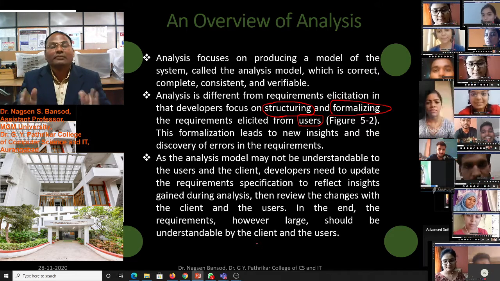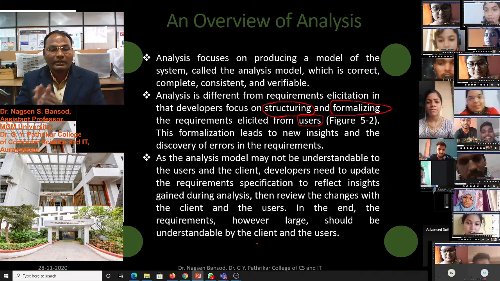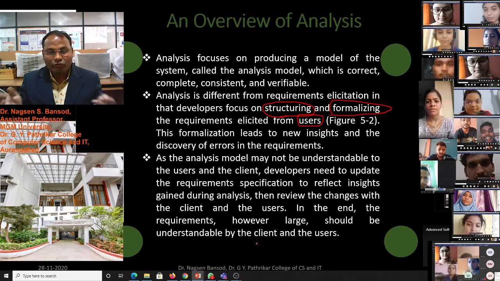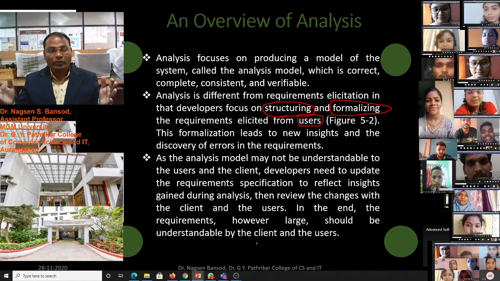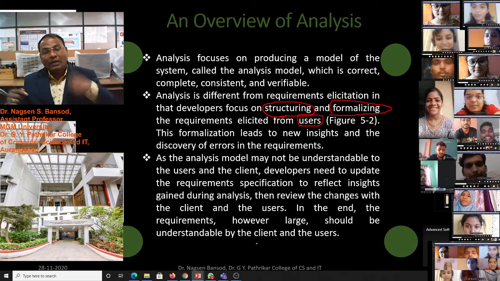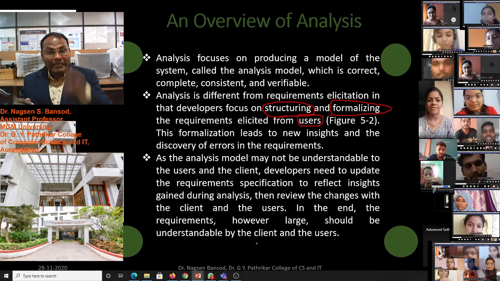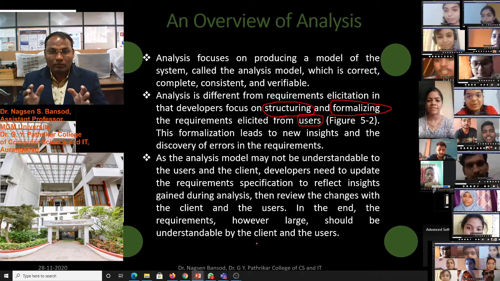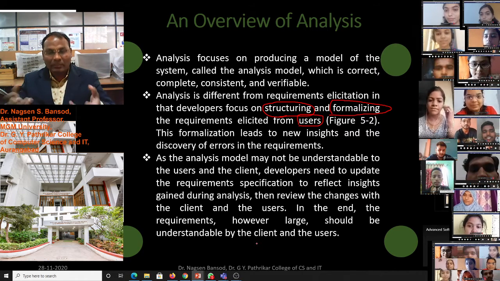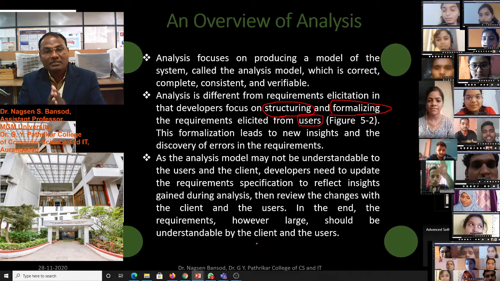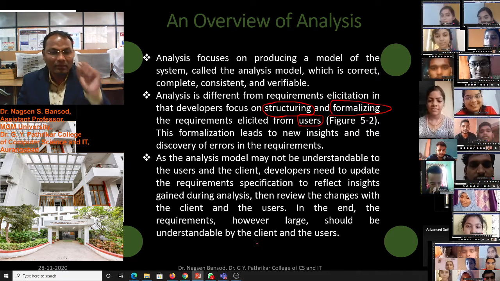And that again we have to formulate, because that information will be increased. You have increased the information by communicating again with the user and client, then that should be understandable to the users and client.